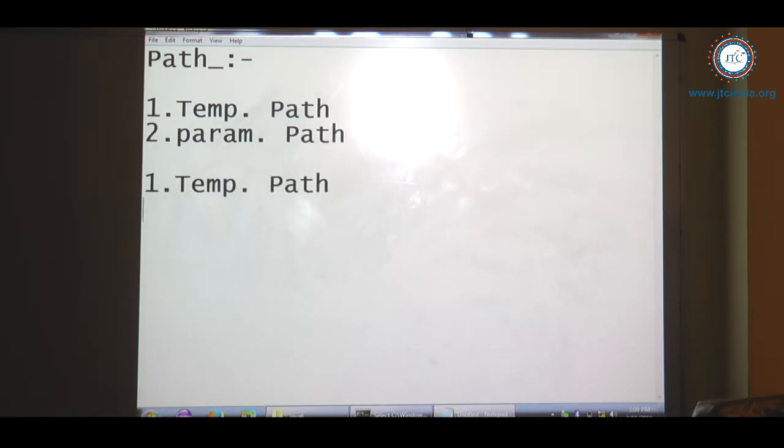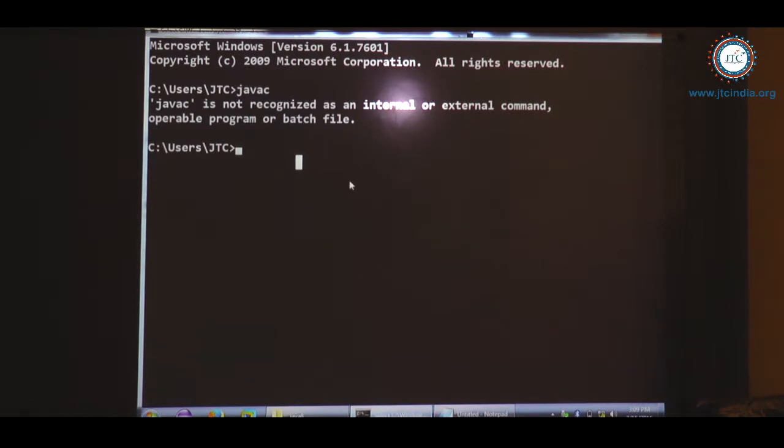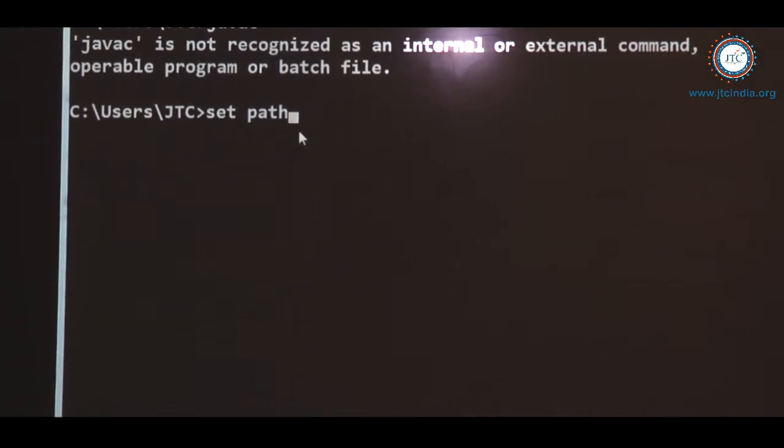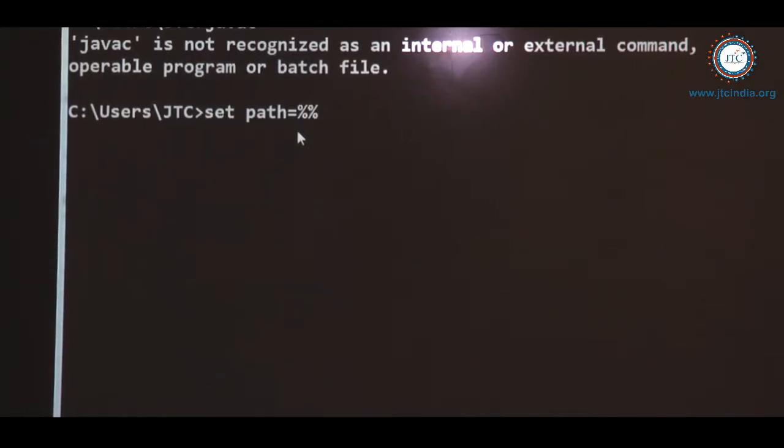Now what steps do we take to set the temporary path? Step number one is to open your command prompt. I have already opened the command prompt here. After opening it, you write set path is equal to percentage path percentage.